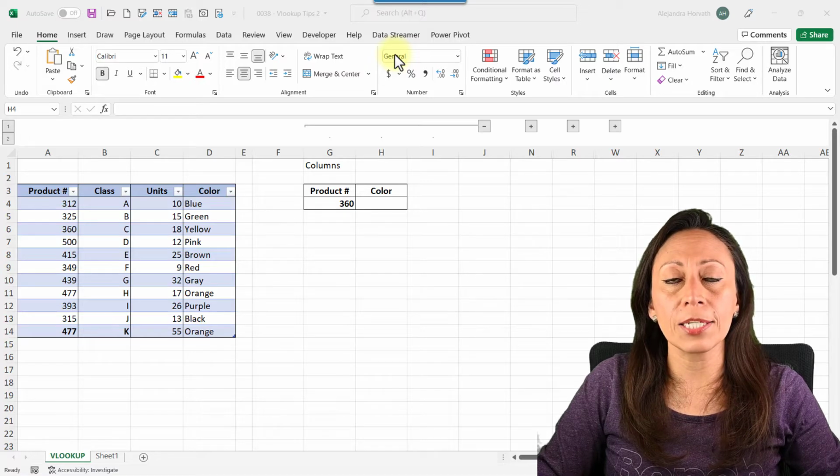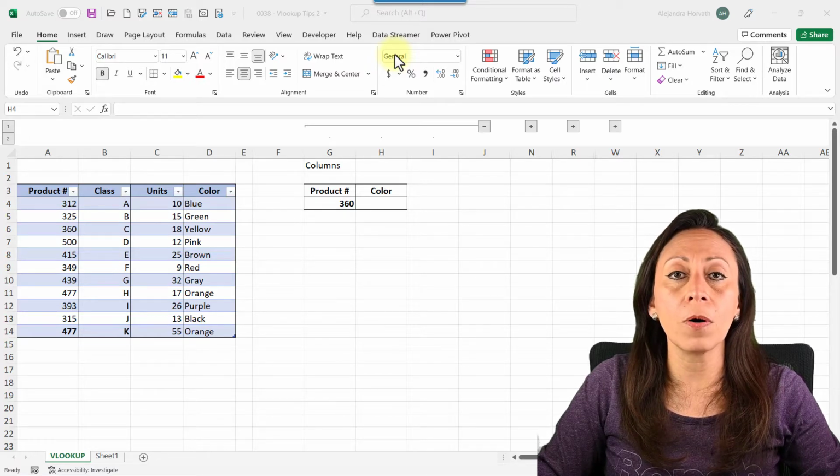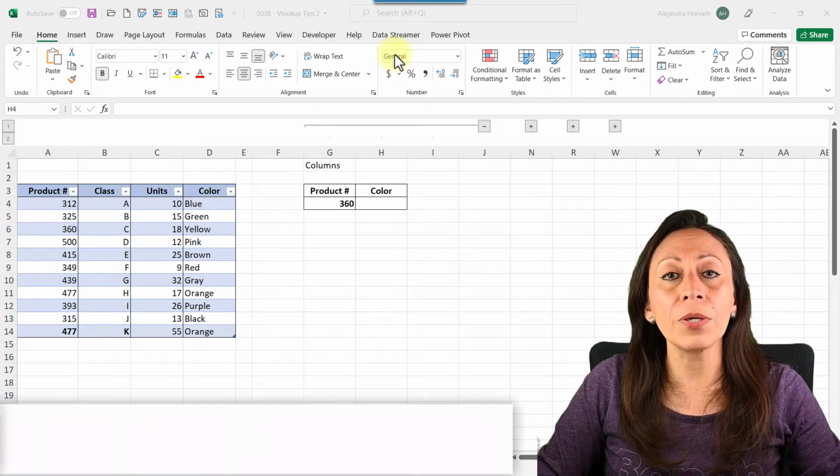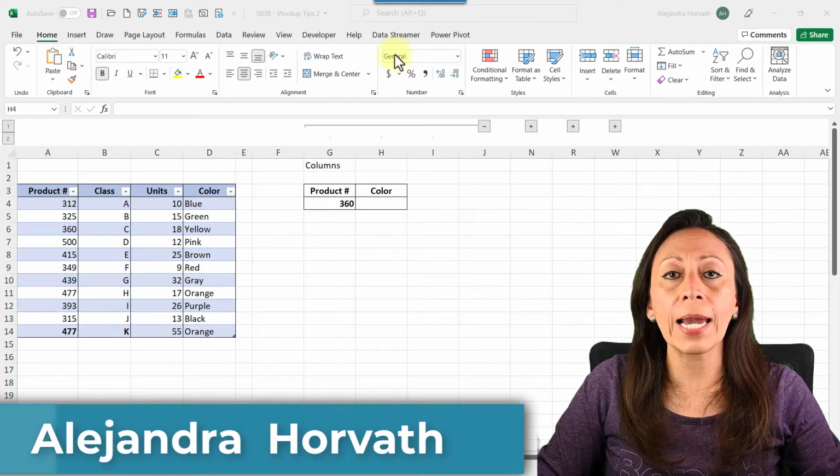Not everyone has access to XLOOKUP yet, which is available only in Microsoft 365 or Excel 2021. So I'm hoping you find these tips useful and that they help you optimize the use of VLOOKUP and make it